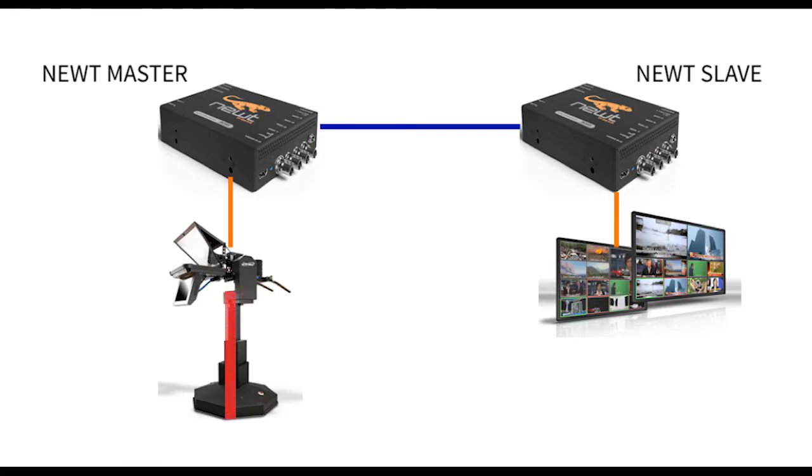The other network configuration covered by this video includes two Newts connected point-to-point. This setup is useful for experimenting and demonstrating Newt functionality in an isolated environment with fewer moving parts. One Newt is configured in bidirectional mode and acts as a sender, while the other is configured as an SDI or HDMI receiver. One Newt acts as a PTP master, while the other acts as a PTP slave.